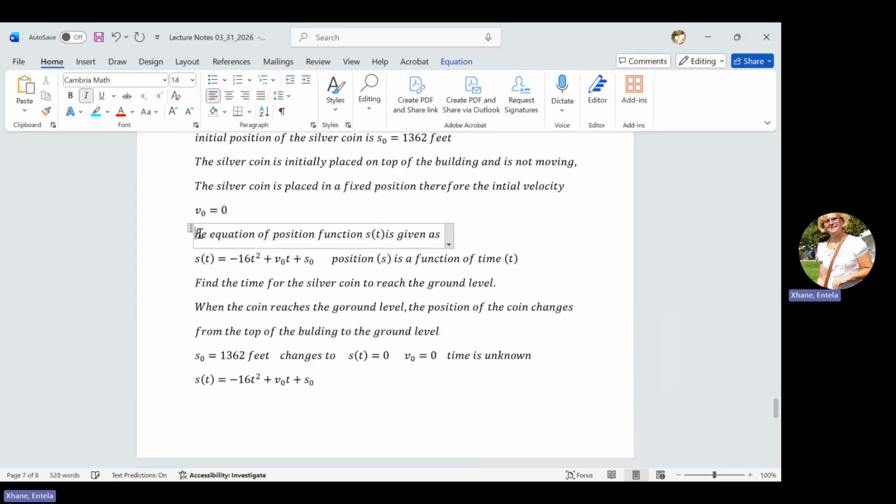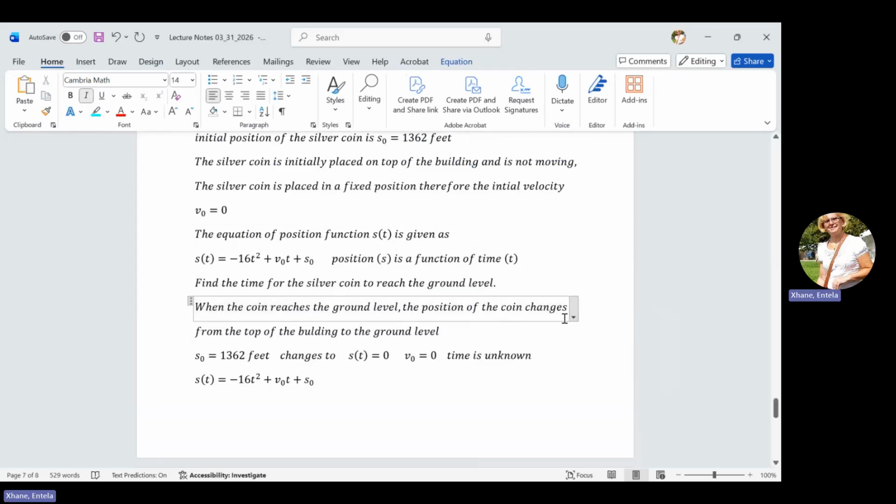Now, the position function is defined as S of t equals. So the position function is S of time t. Find the time for the silver coin to reach the ground level. Or in other words, when the coin reaches the ground level,